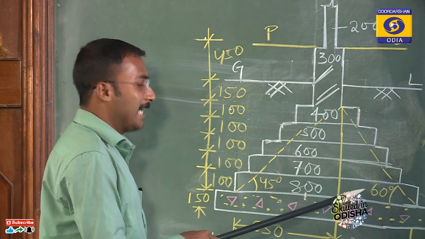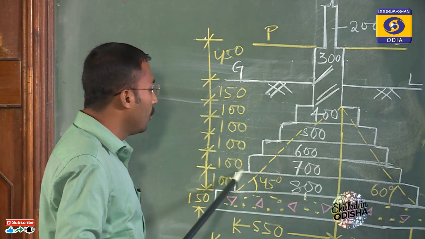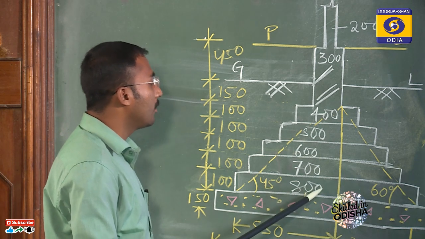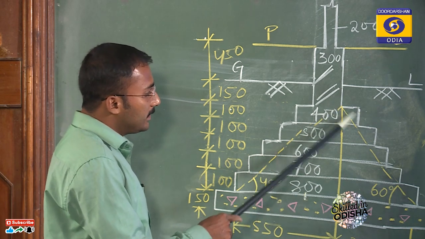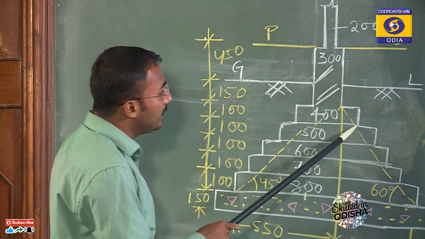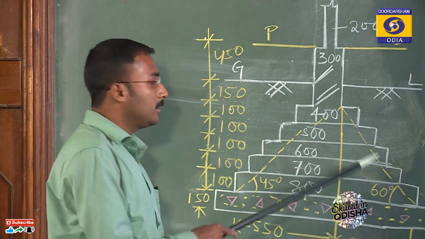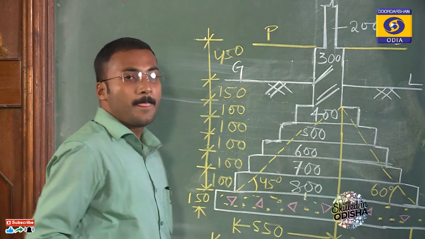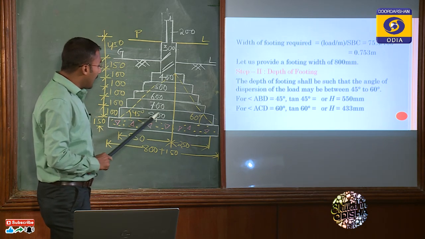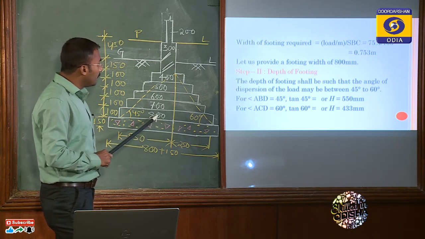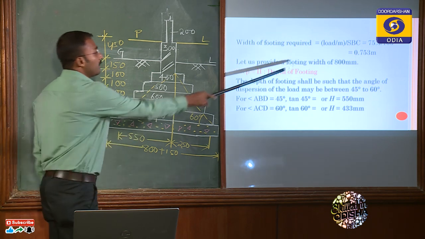So at this last level of footing, we have to provide the width of 800 millimeter, and you know these are the series of steps and these are the projections. As per the codal provision, these projections are 50 millimeter, and at the lean concrete level, the width of the footing is 800 millimeter.